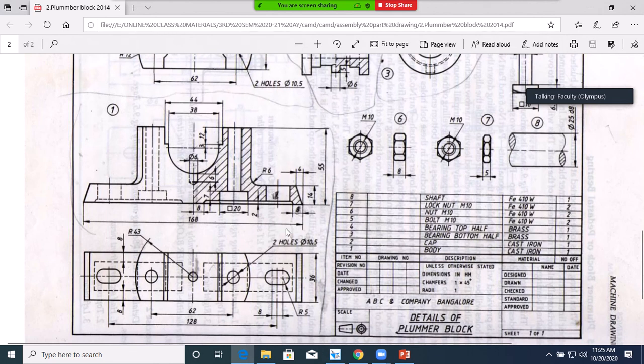You select this surface, you create this profile. See here, this distance is 8 mm. The radius is 5 mm. From this point, this is 4 mm. From this center to this center the distance is 128. 128 divided by 2 is nothing but 64. You take 64 mm length. So you create this profile and place it here.